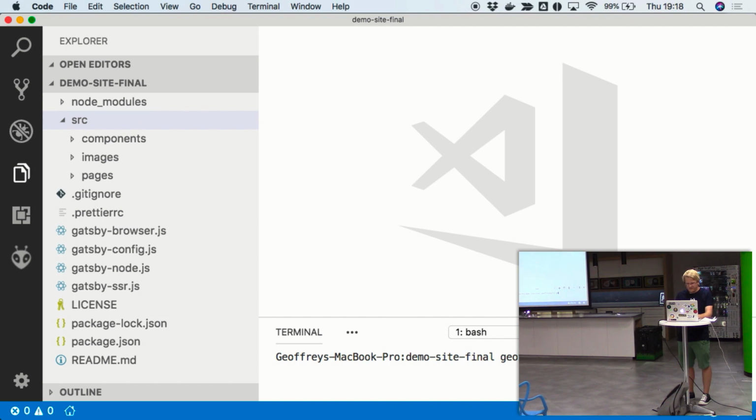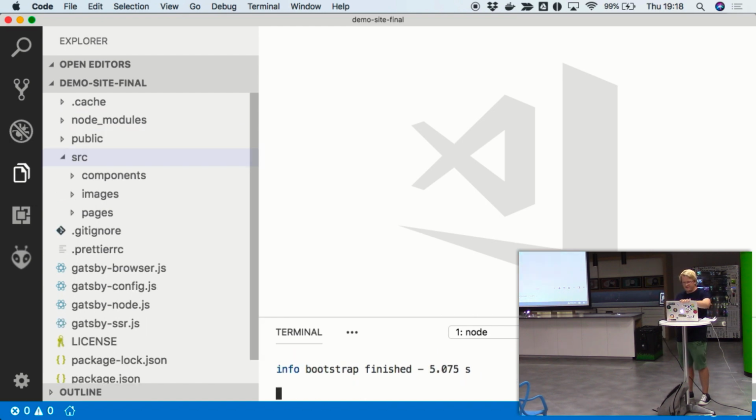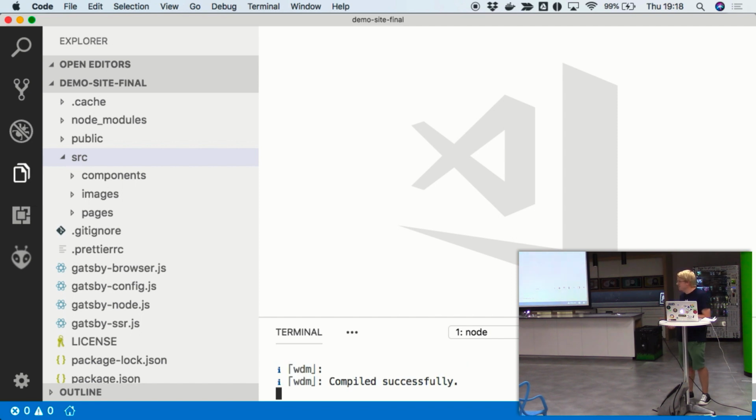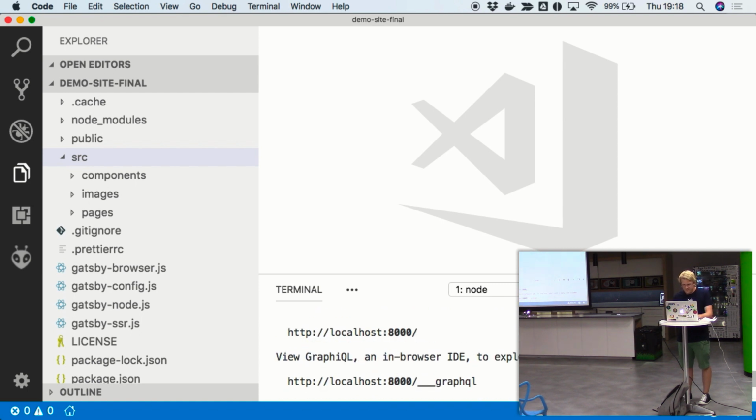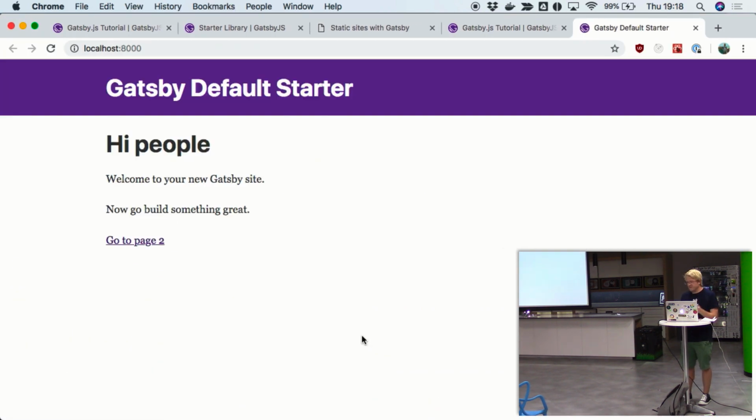And if I write gatsby develop, it's going to start a development server and do hot module reloading, all that good stuff you're used to in Create React App. Cool. So it gives you this website. This is the starter, super basic.